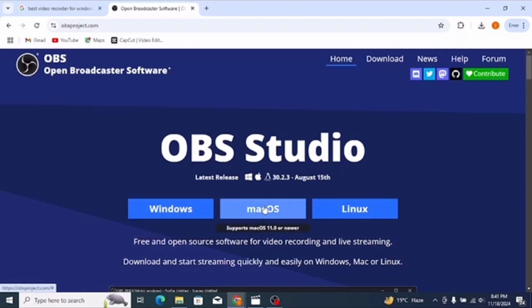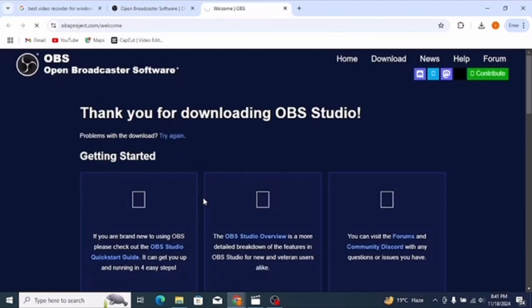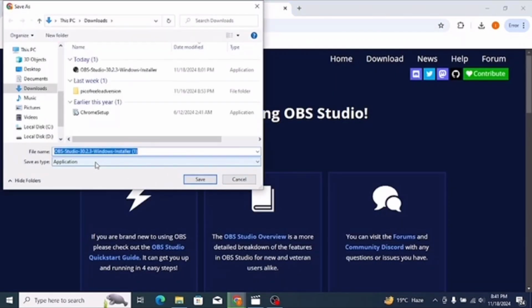So if you are a Windows user, you have to select the Windows option, or if you are a Mac user, you have to select the Mac OS option, or if you are a Linux user, you have to select the Linux option. But I'm a Windows user, so I'm gonna select Windows. So here you can see you have to save this, and